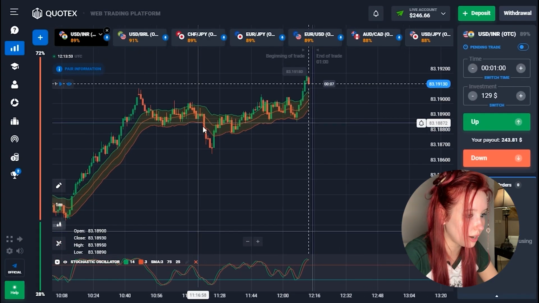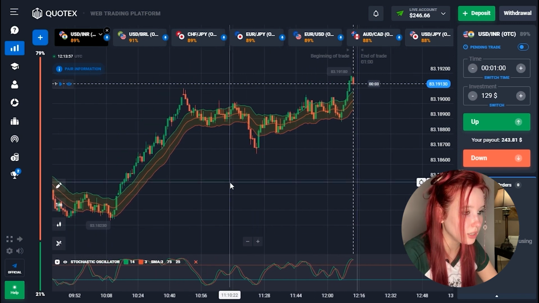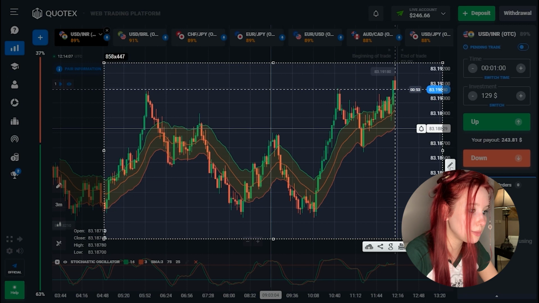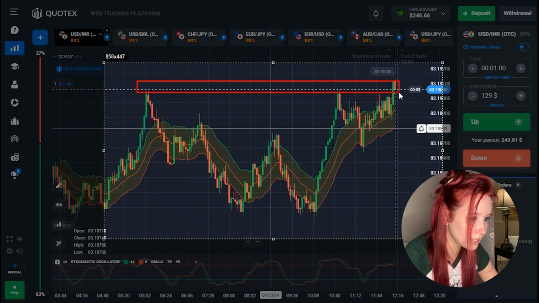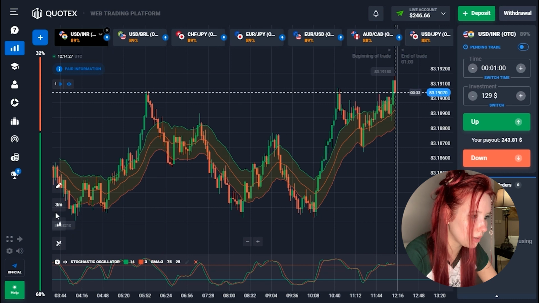So for this currency pair, we see a signal to decline on the stochastic oscillator. Let's look at the older time frames. Here we see that the price is at the resistance level for the third time. Let's imagine this. This is our resistance level, and we see how the price reaches this level for the first time and turns around, for the second time, and we see that the price has reached this level. I think we can make a deal.